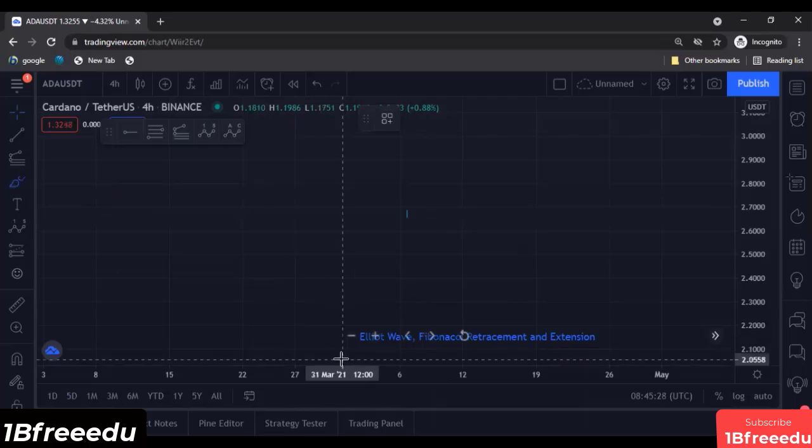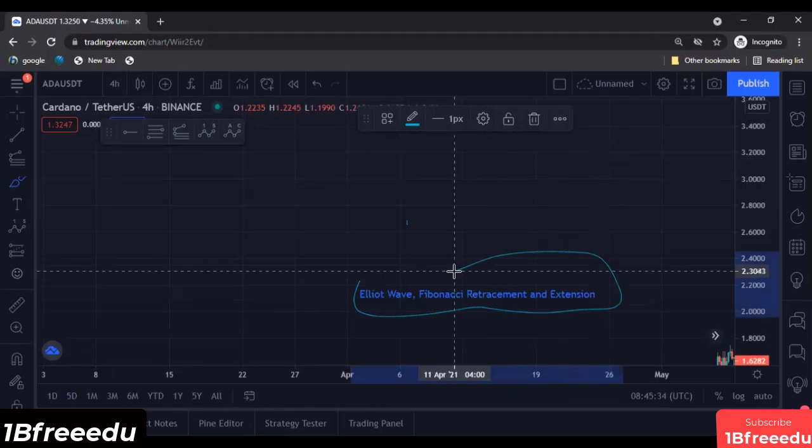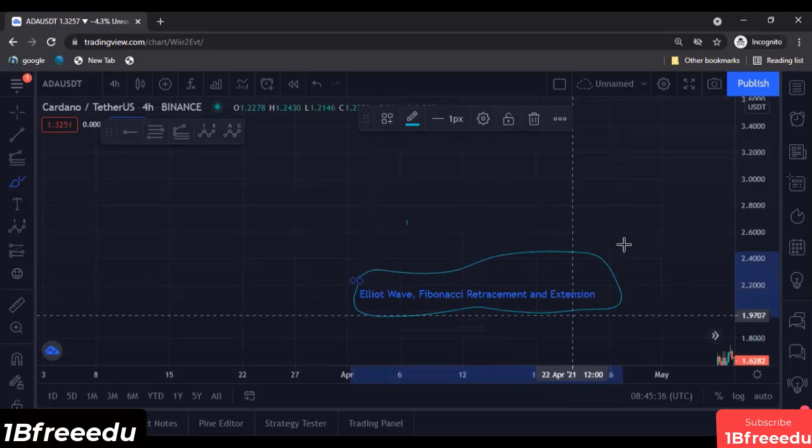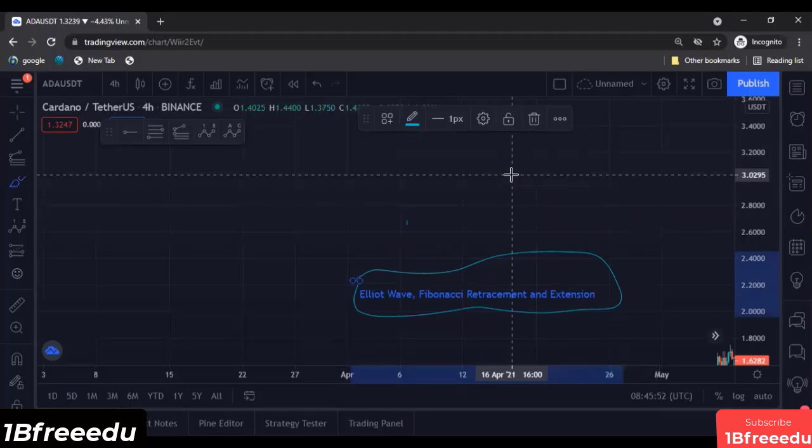In today's lecture, we will discuss Elliott wave, Fibonacci retracement, and extension. The Elliott wave is the normal wave cycle of how prices move up and down. Before explaining the Fibonacci retracement, I would like you to know that whenever the price falls,